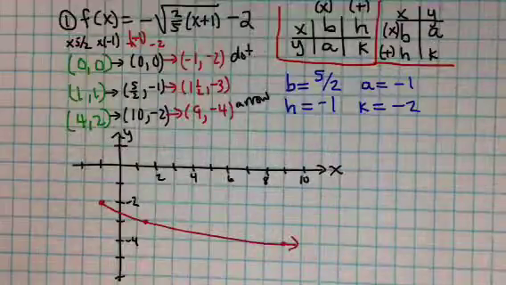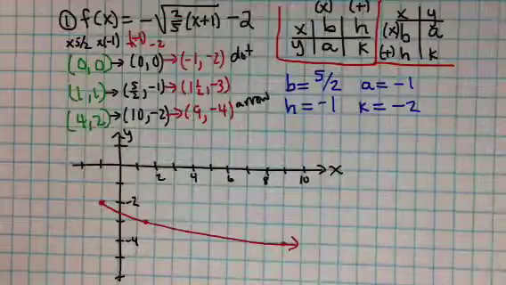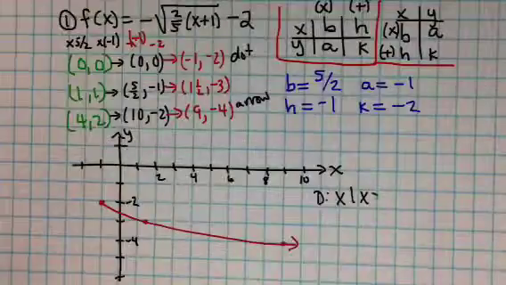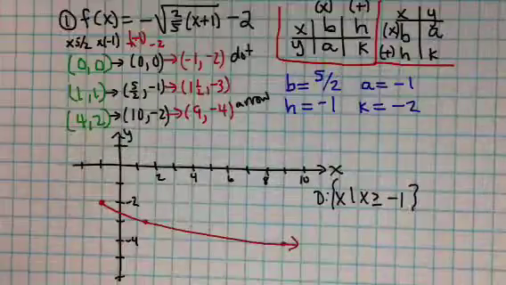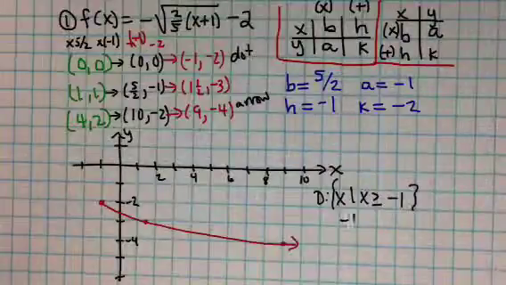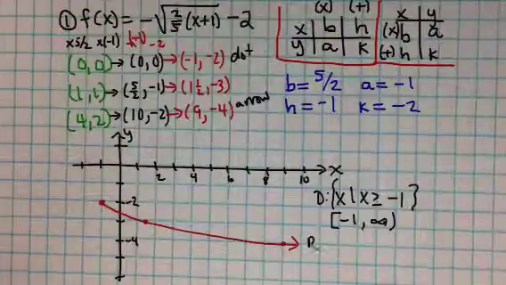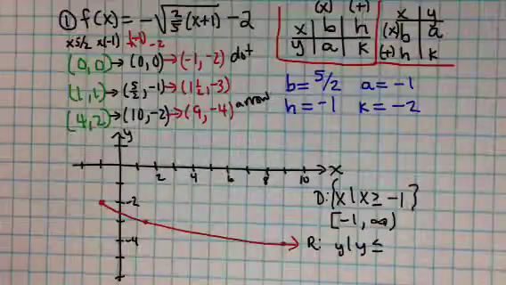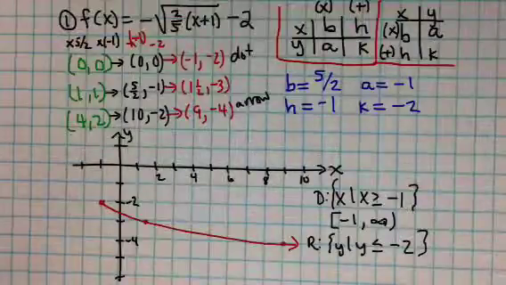And then domain and range, I know I didn't put it up in the instructions, but the domain is all x such that x is greater than or equal to -1. And you could write it in interval notation as [-1, infinity). And then the range is all y such that y is less than or equal to -2. Now those braces aren't coming out right. And so this one would be negative infinity